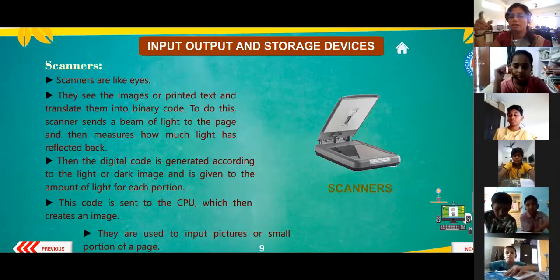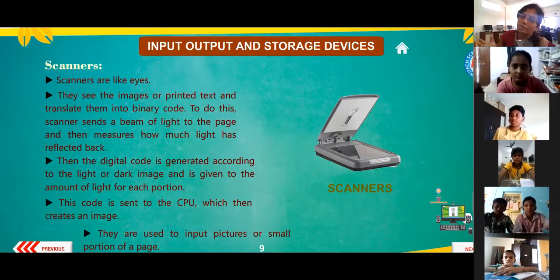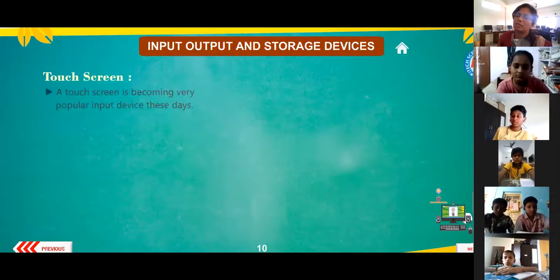This code is sent to the CPU, which then creates an image. Scanners are used to input pictures or small portions of pages. Whatever image we want to put into the system, we use the scanner. The printer gives out; the scanner puts information inside the computer.